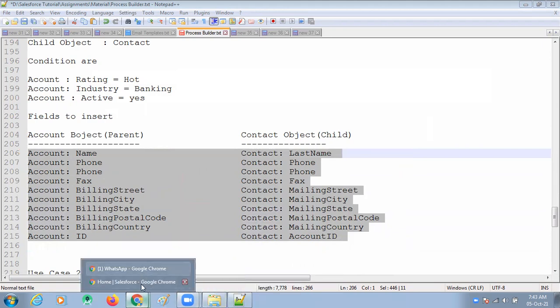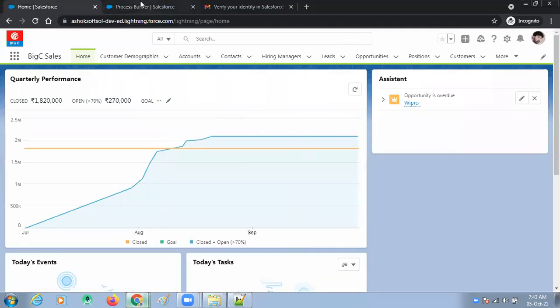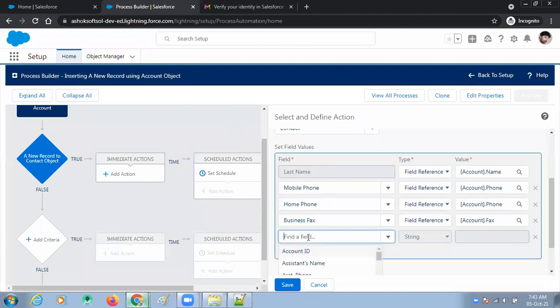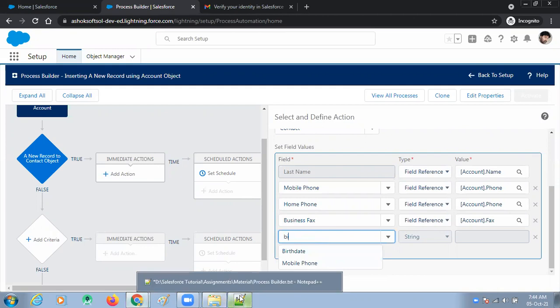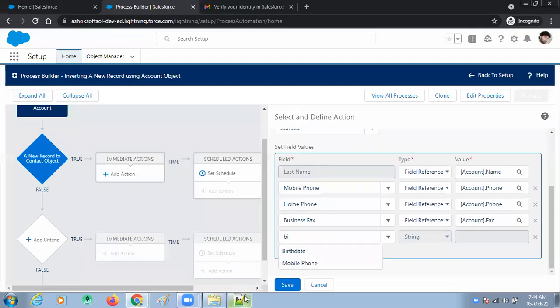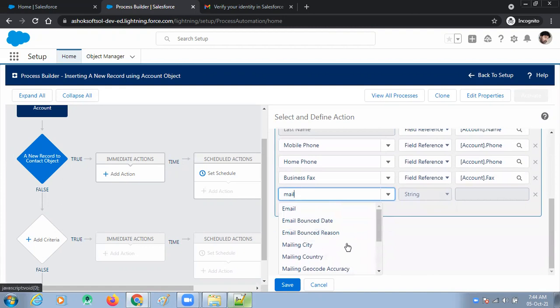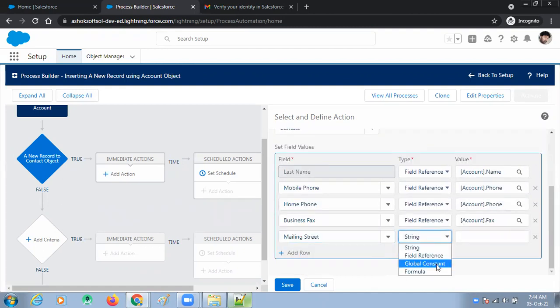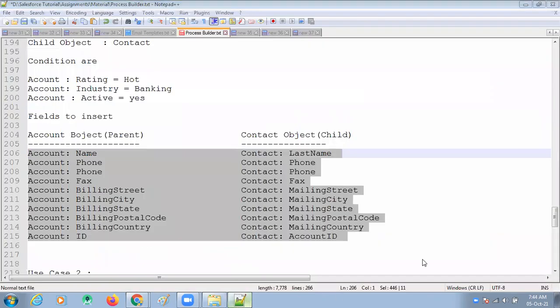Look here sir, I think billing. Right, sir. What is mailing street? Mailing street equal to what? It is billing street.